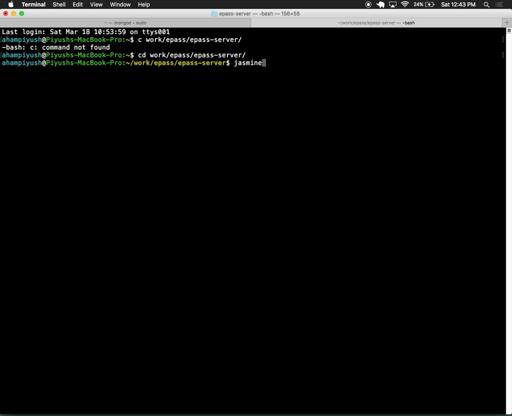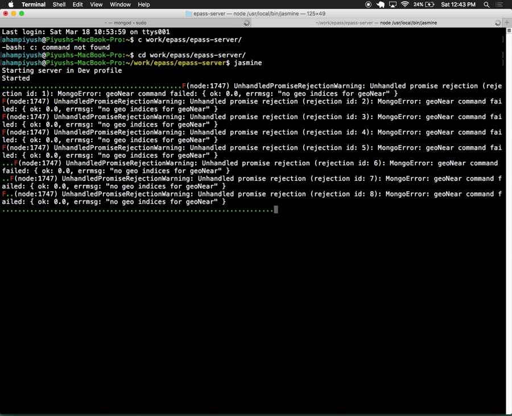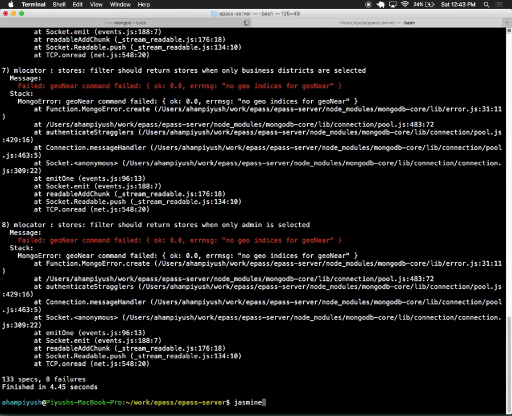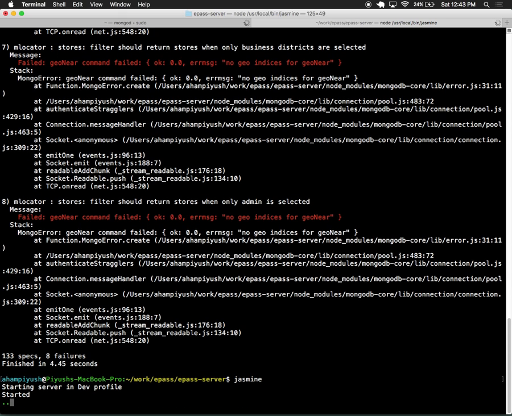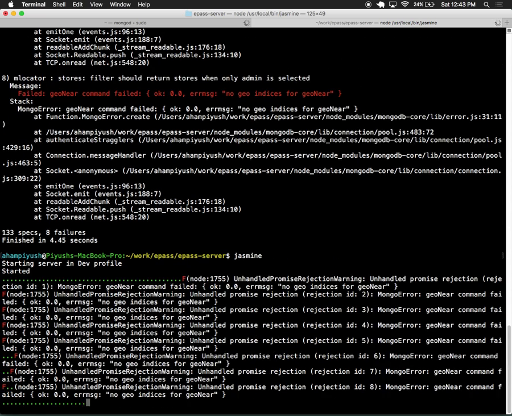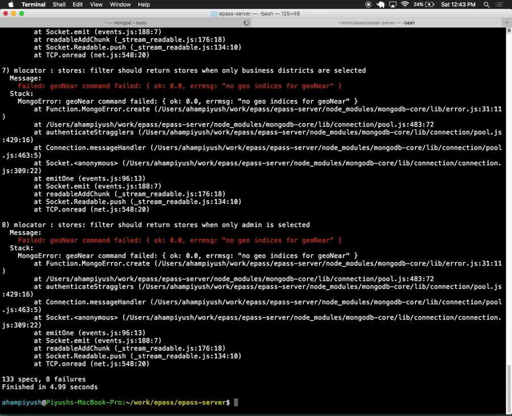I think I have the Jasmine going on. I did not build the geo index of it, but if you could see, there are over 130 specs in 5 seconds.